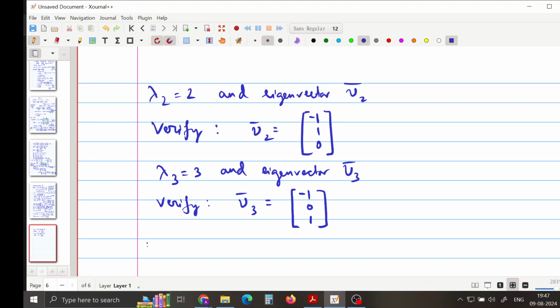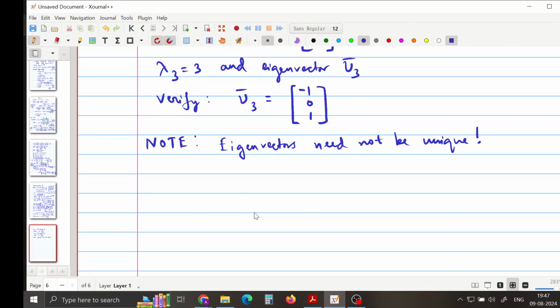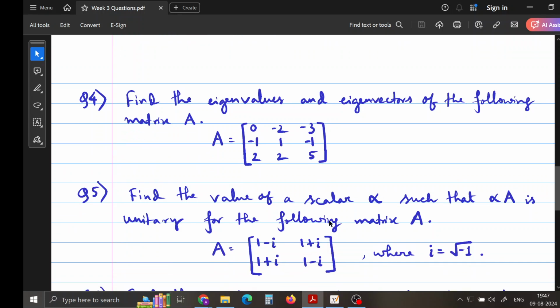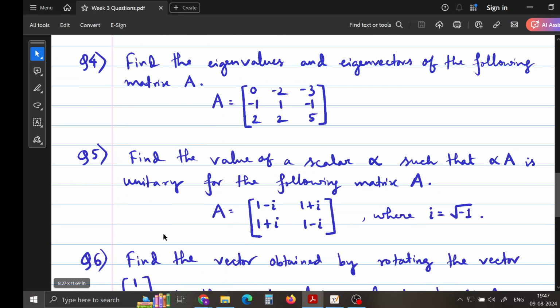And just as a note, I'll mention that eigenvectors need not be unique, as we just said. Okay, so I think this finishes this question. Now let's move to the fifth one. In the fifth question we have to find the value of